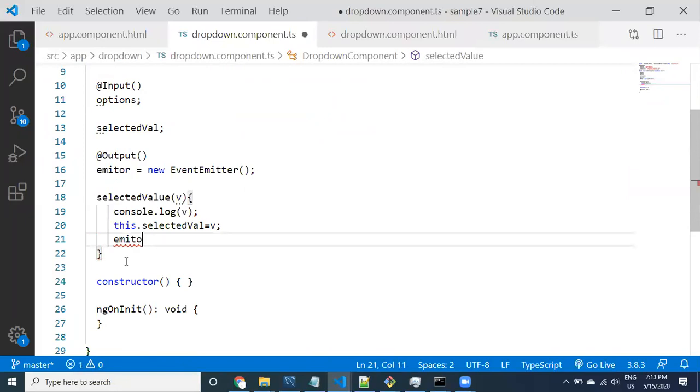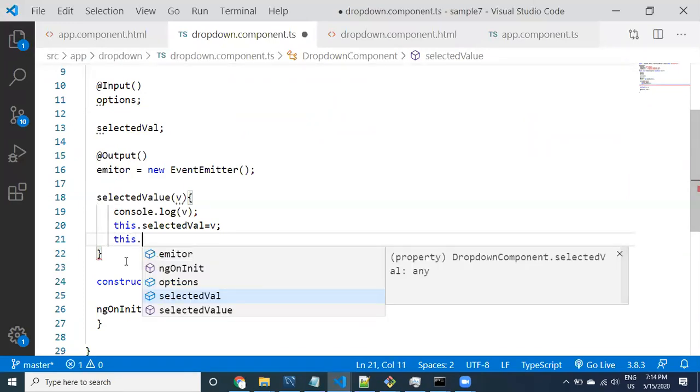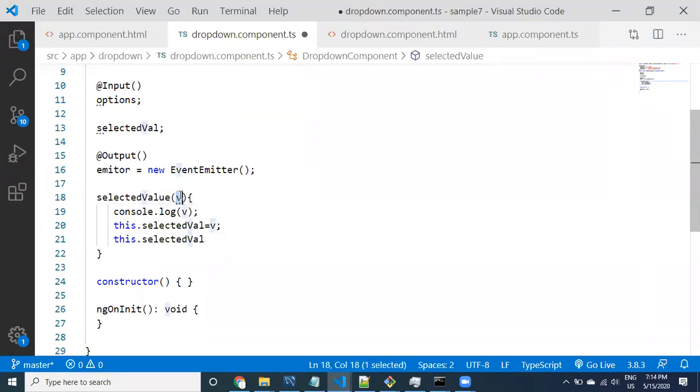to use the emitter, this is a property, right? To use that property, you use this.emitter. Actually, this v is not a property, this is a local variable, that's why you can use it directly. But selected value and all these things are properties. Even emitter is also a property. That's why this.emitter is a property.